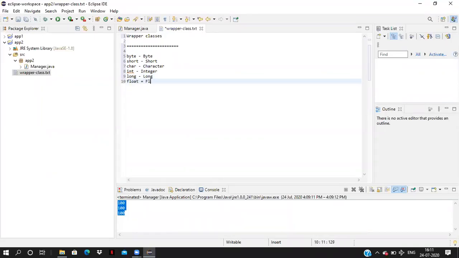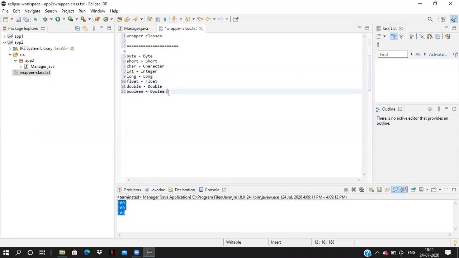For float, the wrapper class is Float. For double, the wrapper class name is Double. For boolean, the wrapper class name is Boolean. The first letter is uppercase in all wrapper classes. They are following the standards.